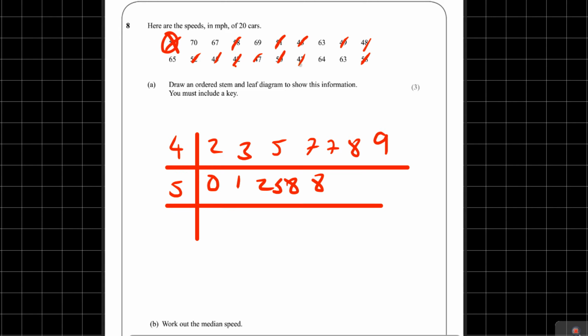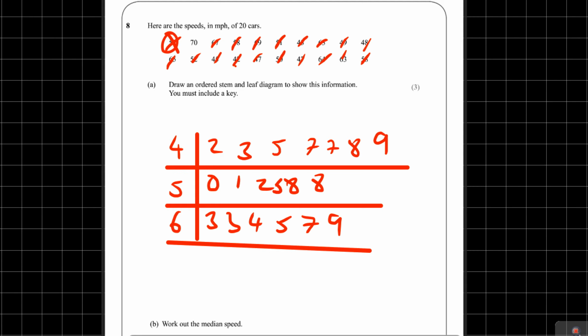Then we have the 60s. So here we've got 6, and then we're going to put 6 and 3, so 63, 63, then 64, then 65, 67, and then 69, and then we go again to the next one, which is the 70s, and that's just one value left, which is 70. Extend that column out. Then we need to include a key,